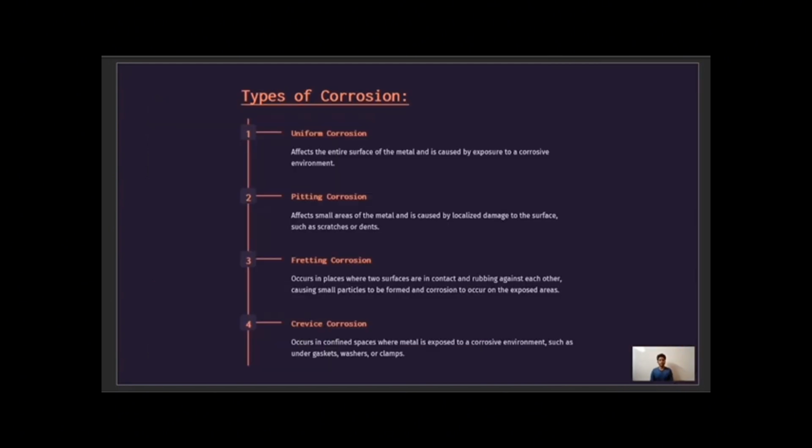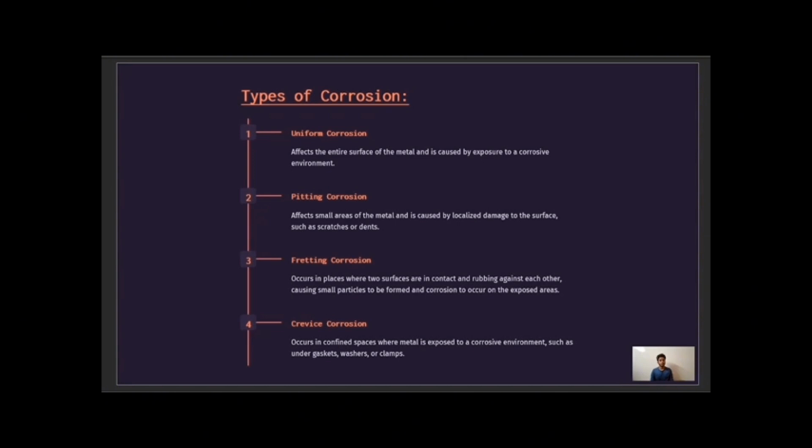Types of corrosion. There are mainly four types of corrosion: uniform corrosion, pitting corrosion, fretting corrosion, and crevice corrosion. Let us study uniform corrosion. It affects the entire surface of the metal and is caused by exposure to a corrosive environment. Pitting corrosion affects small areas of the metal and is caused by localized damage to the surfaces such as scratches